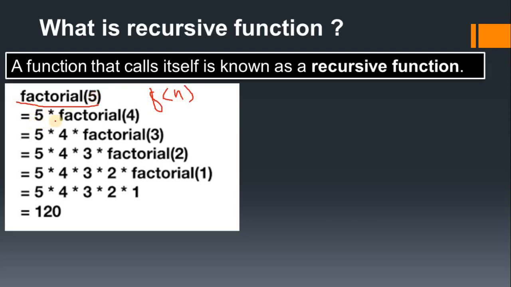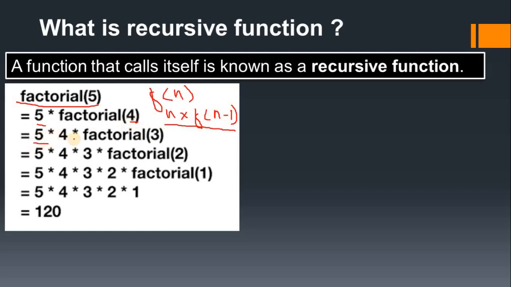In the next phase it is working like 5 into factorial of 4. That 5 is nothing but the variable n, so it is working like n into factorial of n minus 1, because here it is 4. This is the logical statement, and it is important in the case of recursion. This factorial function we will call again and again. Because of n minus 1, the value is coming 4.